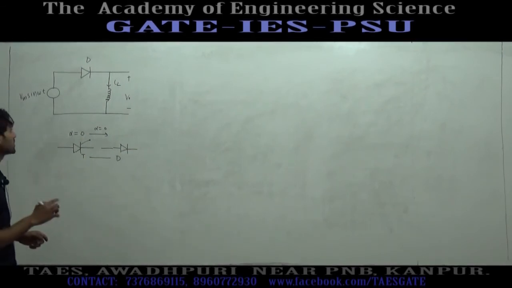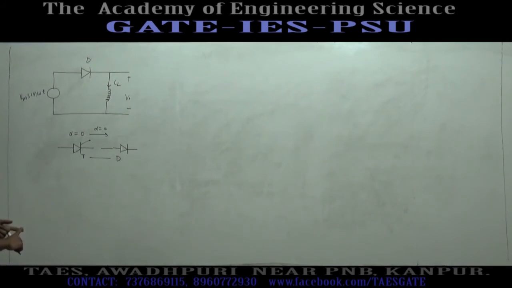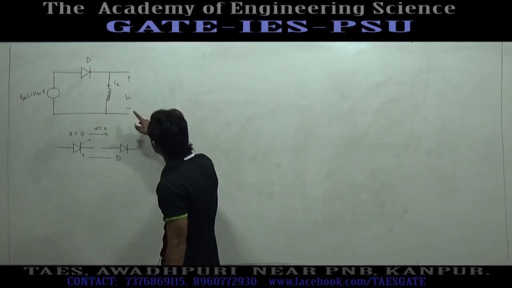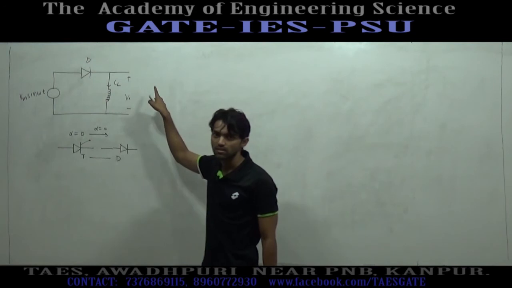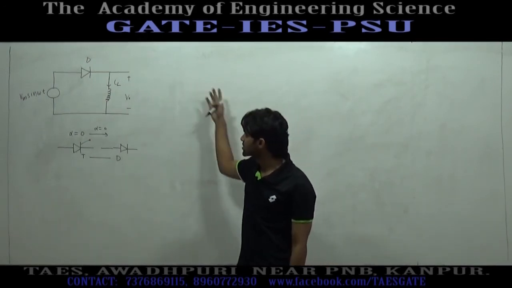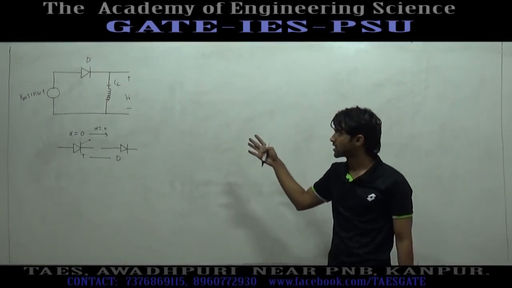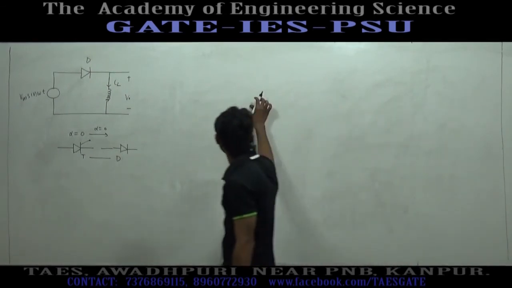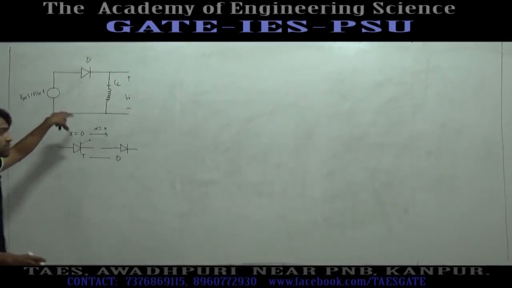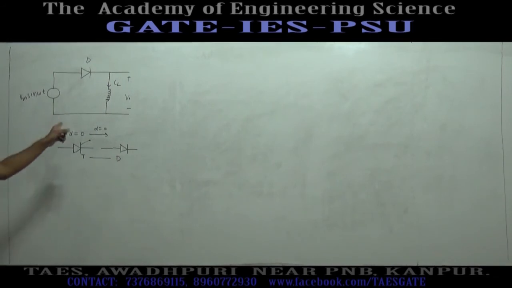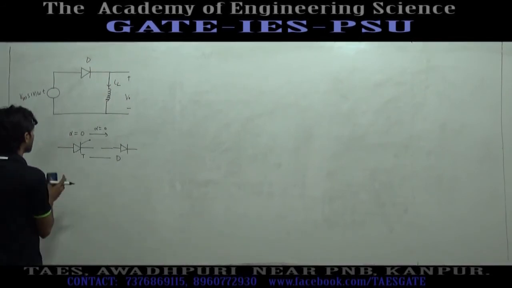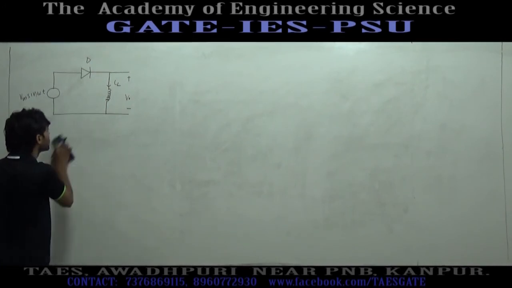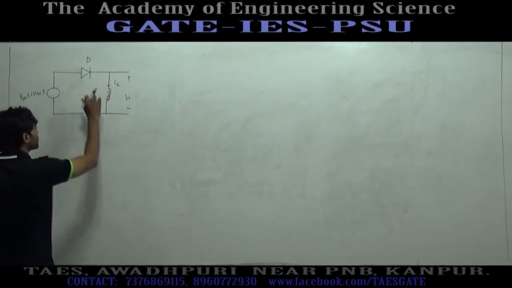This question has been asked in GATE twice. The first time, the inductor current graph was asked, the shape of the inductor current. Four options were given for the graph of inductor current, and the correct option was asked. The second time, the duration of conduction was asked. From 0 to 2 pi, what is the duration of conduction? For the thyristor we have solved this.